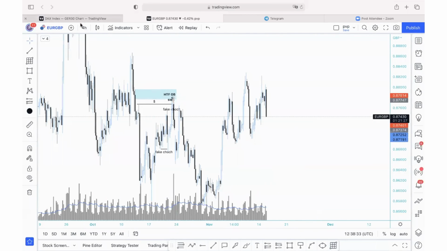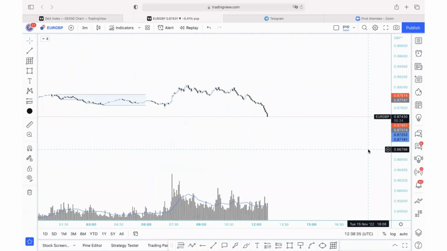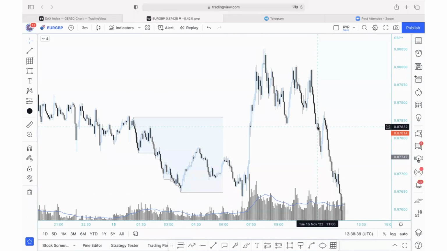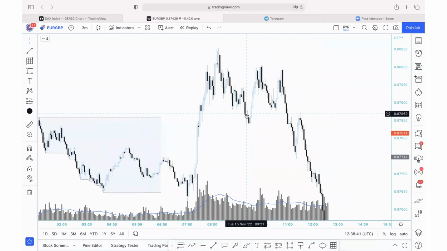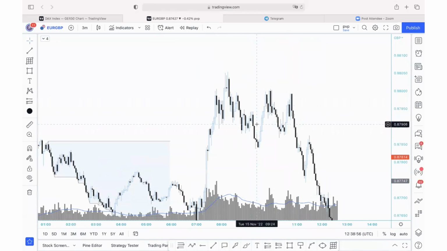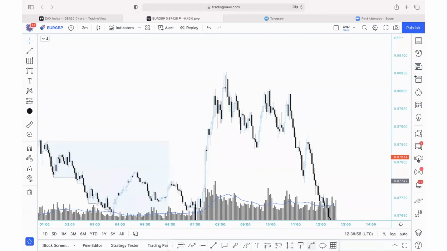Euro GBP, I'm not really interested in the 4 hours. What do we have here? Here we had some nice confirmation, but it wasn't during my trading time, because I either trade right away during London until 9, maximum at 9:30 right here. This was 9:30, and then I traded New York, which is now. So this is now good confirmation for me.